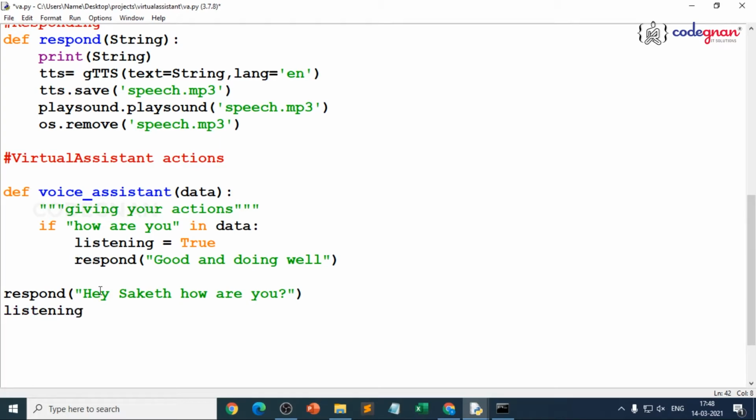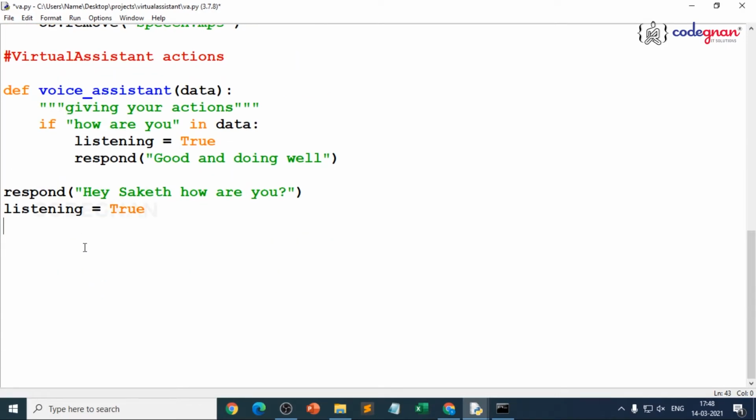And you make listening true, because we'll be doing multiple actions, so we write a control statement, which is a while loop. So while listening is equal to true. You just need to compare here, not assign. There you go. While listening is equal to true, then only the data should be listened to. What is the data? Data is equal to listen of. Then automatically whatever we are speaking, it will understand.